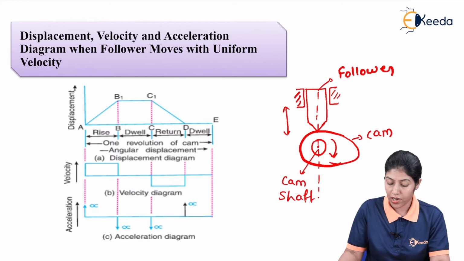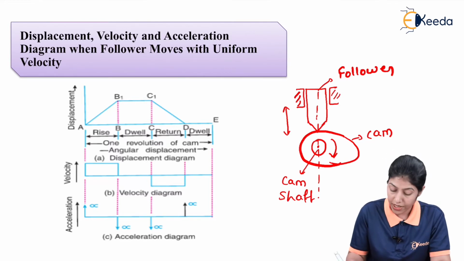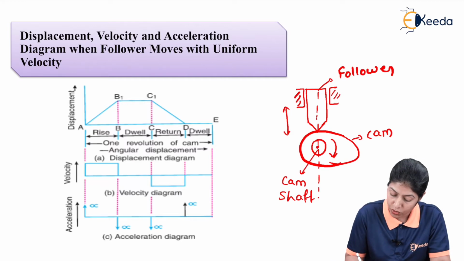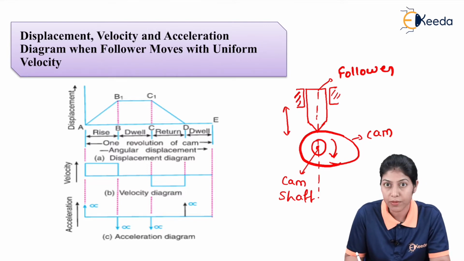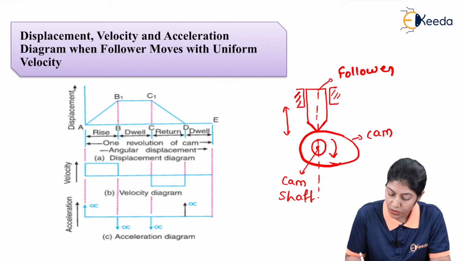So this is the general arrangement of cam and follower. As we know, cam is a rotating element, and when this cam is rotating about one center, or if it is getting the motion from the camshaft which is rotating in a particular direction, so in the same direction this cam is also rotating. And when this cam is rotating, here we are considering this knife edge follower, so this is the connecting end of the knife edge follower and the cam.